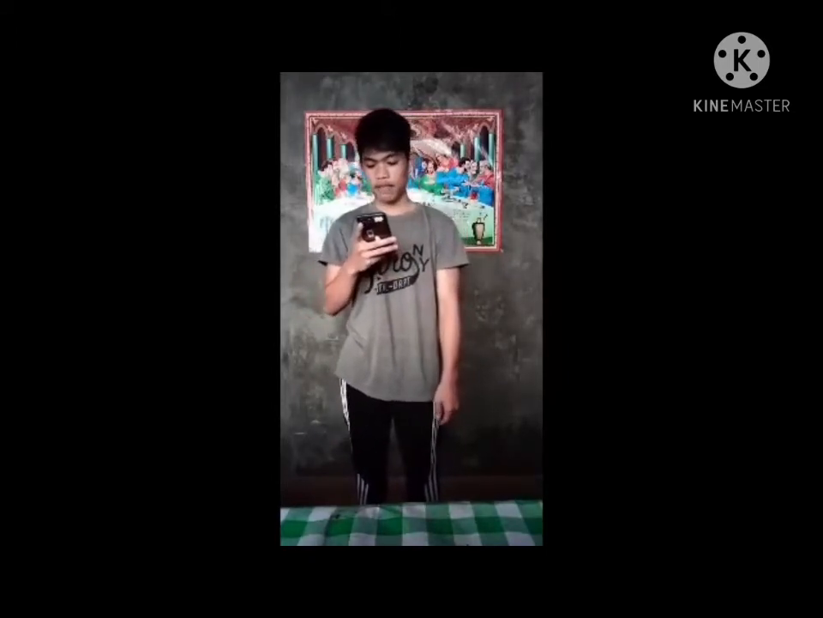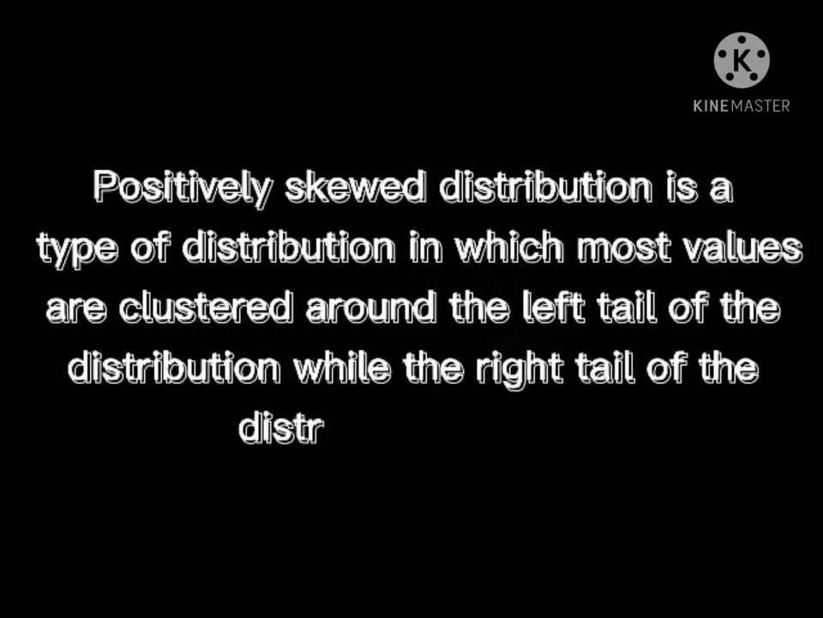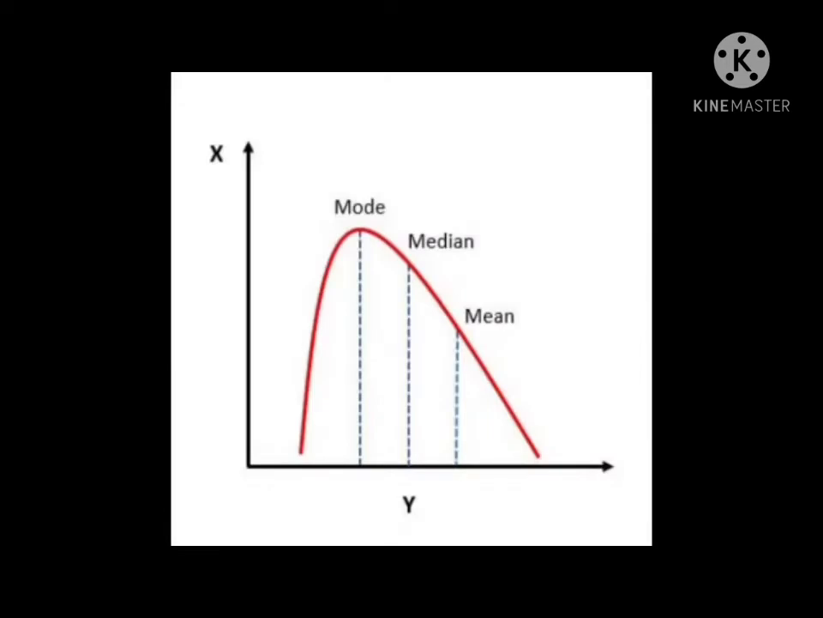The three most important shapes are, first, positively skewed. A positively skewed distribution is a type of distribution in which most values are clustered around the left tail of the distribution while the right tail of the distribution is long. For example,